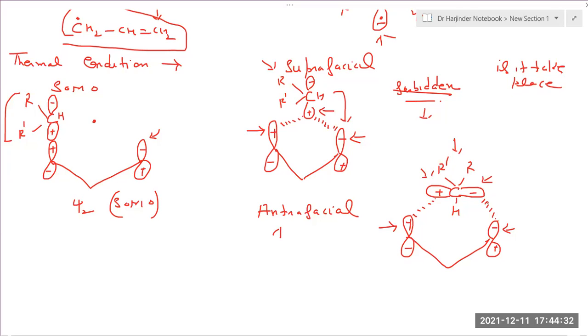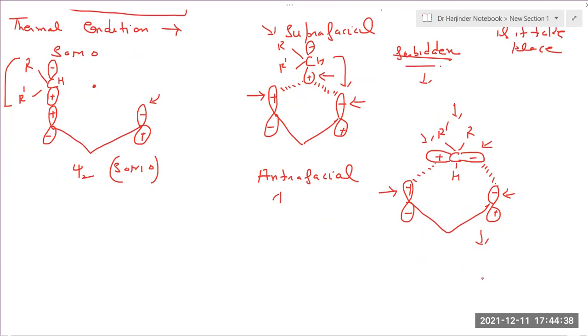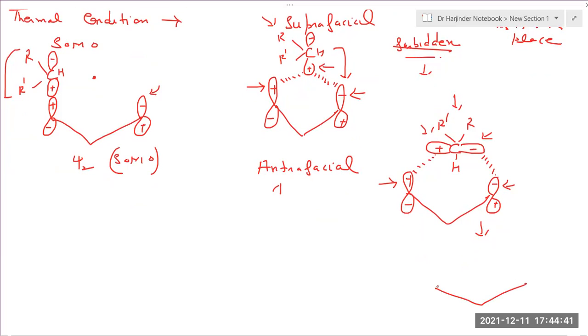And finally, when it migrates to this carbon, how will it look like? It will look like this. Like this one. So on which side should I put this R prime and R? On this side or on this side? Right side or on left side? Remember, it breaks over here, then it rotates like this, so that this negative overlaps with this negative. So on which side do I put this R and R prime? Right side. Here, R and R prime.